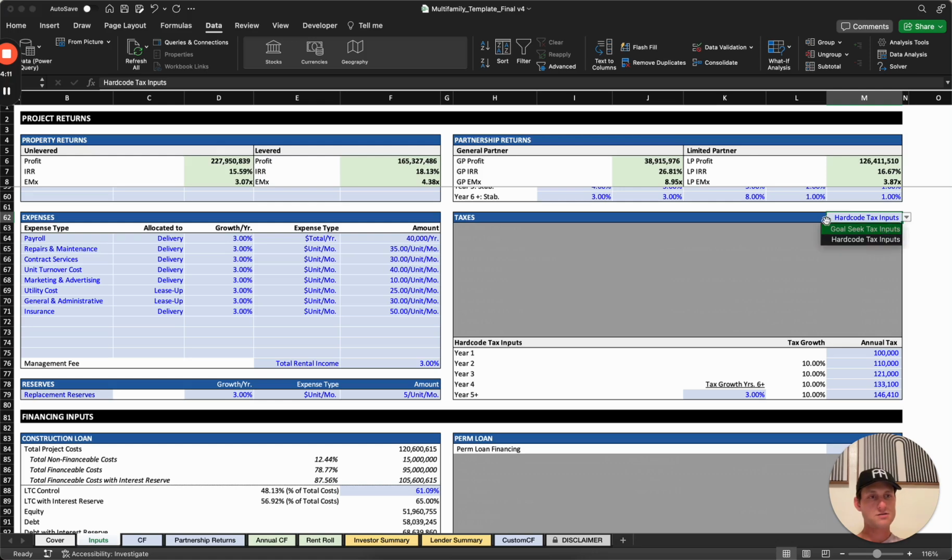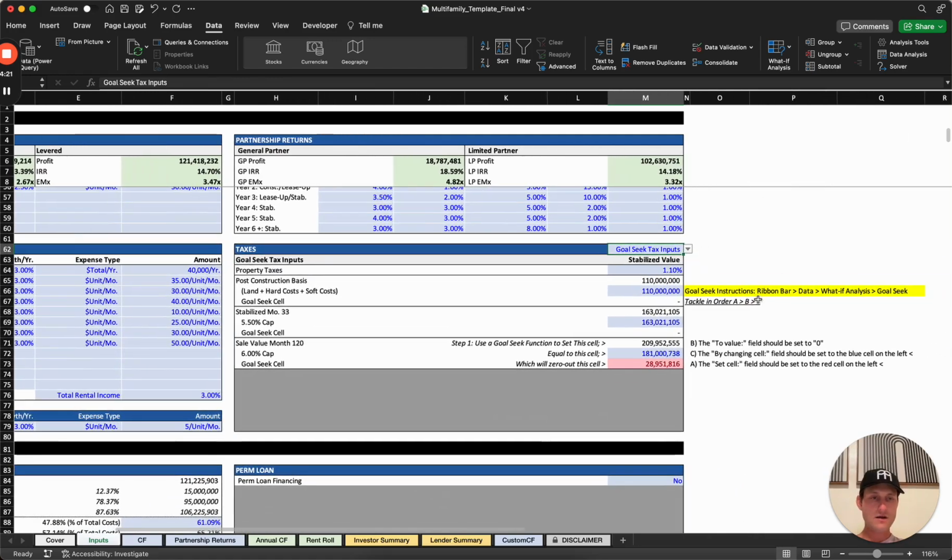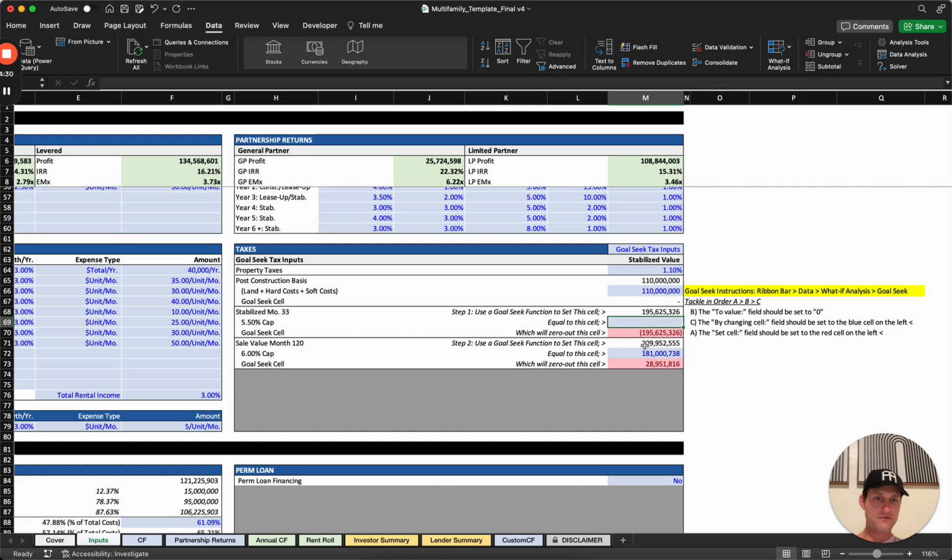So it's not every 12 months we elevate or escalate by 3%, but that 3% is annualized essentially. So then we have a goal seek way of doing it. And again, without getting too far in depth, we outline the instructions of how to do this, and we can answer any questions later. But if you need the instructions, it'll tell you how to do it. We're using what if